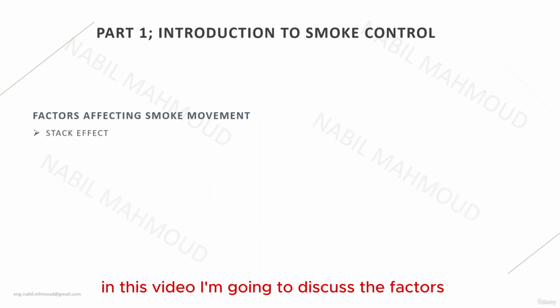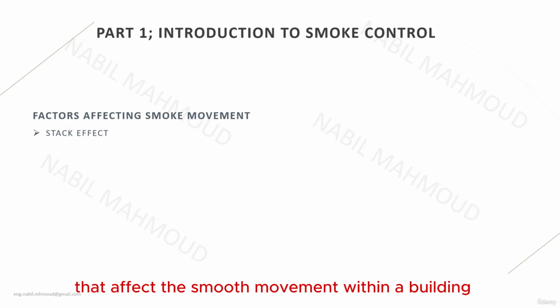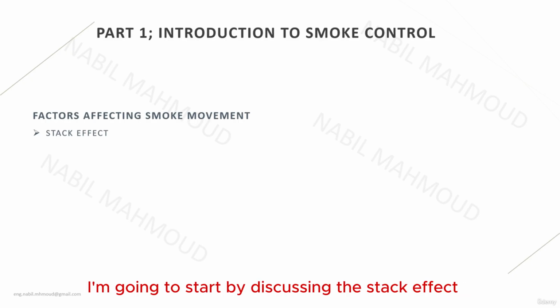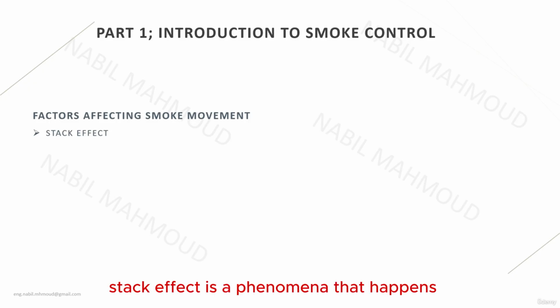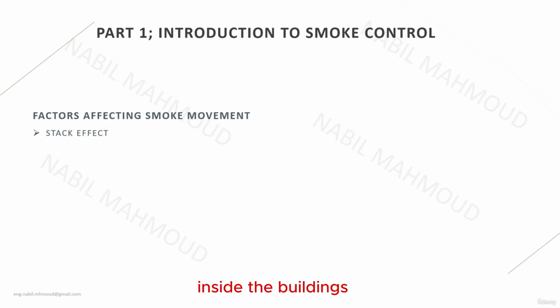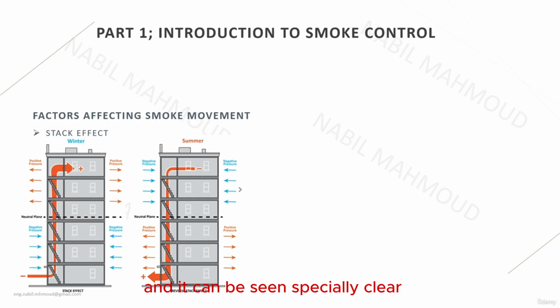In this video, I'm going to discuss the factors that affect the smoke movement within a building. I'm going to start by discussing the stack effect. Stack effect is a phenomenon that happens inside the buildings, and it can be seen especially clear inside tall buildings. Stack effect is a phenomenon driven by the temperature difference outside and inside the building. This means that the climate inside and outside the building will determine how the smoke will spread, especially in high-rise